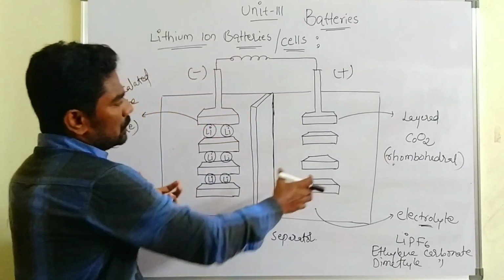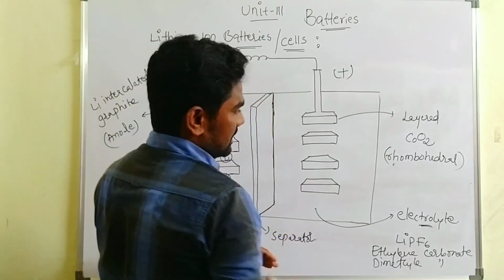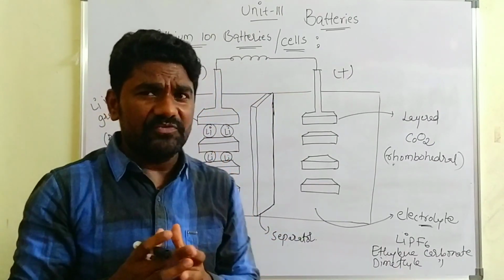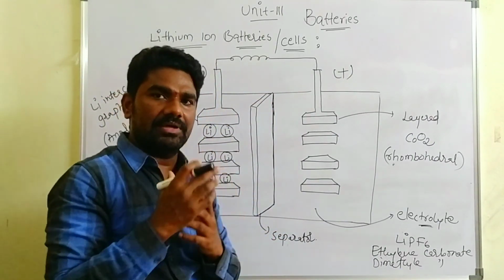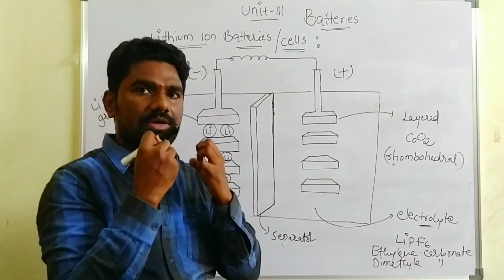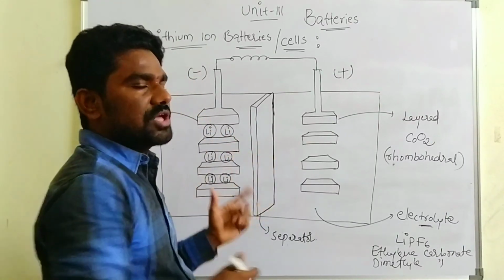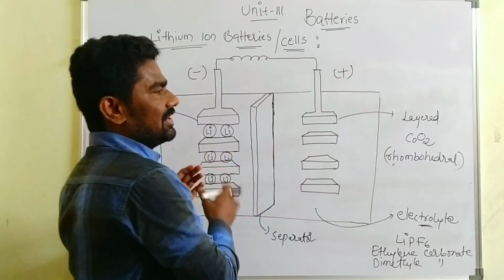In between the two electrodes, we have one separator, that is known as perforated plastic. Perforated means microporous plastic, okay, and which allows the lithium ions from one electrode to